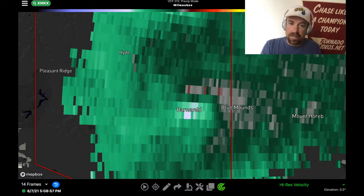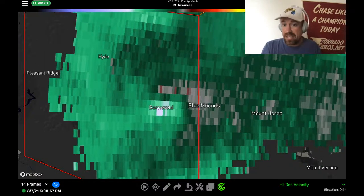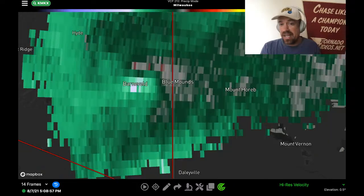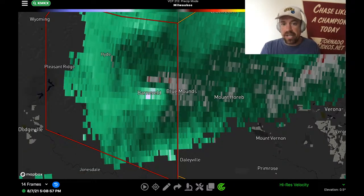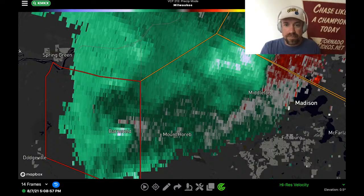to expire. But you're probably getting some nice wind-driven westerlies there in Barneveld, and that RFD gust front is now approaching the Blue Mounds area. Vince, the boots on the ground there on this storm, a storm chaser friend of mine, says that the thing is done, and that wall cloud has been undercut by these dual gust fronts that do continue to blast off